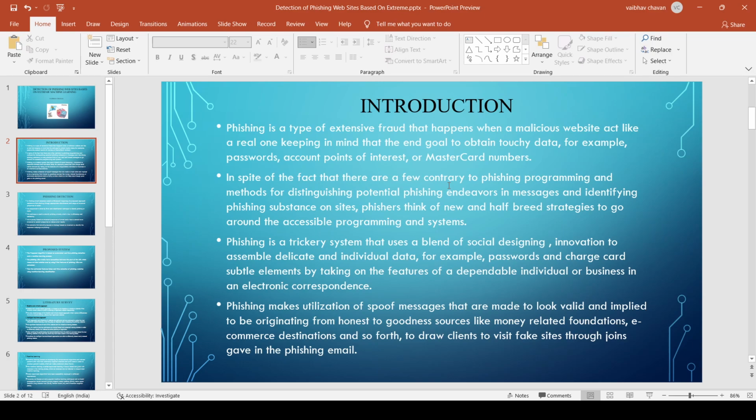Here I want to mention that there are some tools which create links or which create pages, or we can say fake pages, of a real site to get access to users' data.